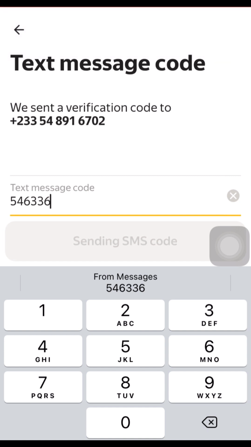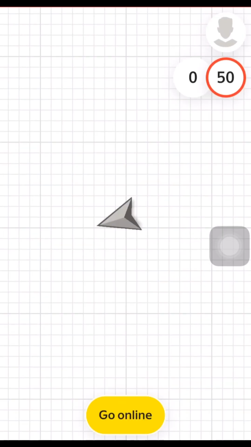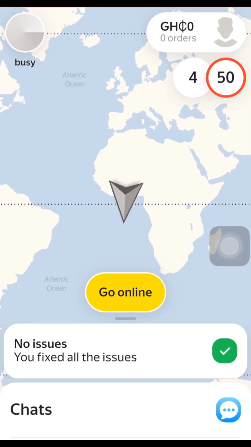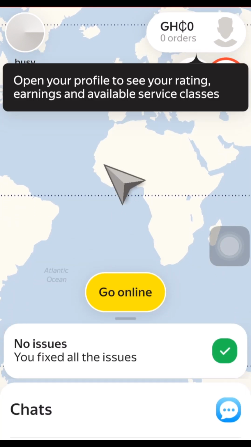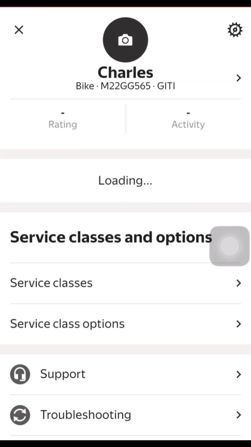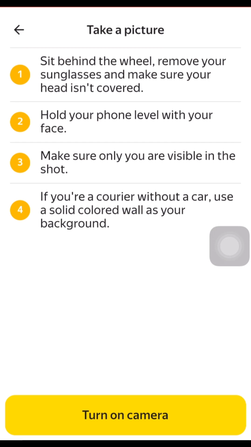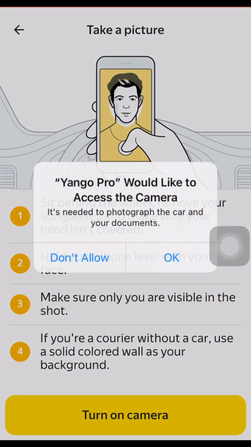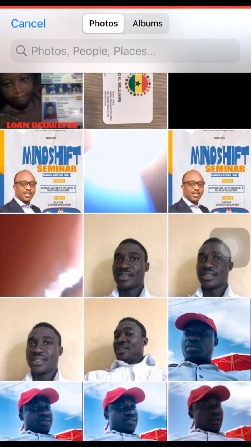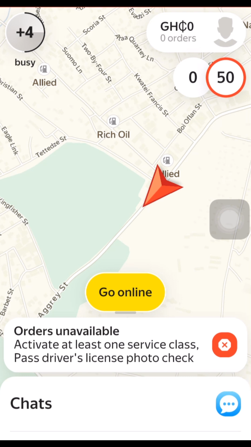Then now you are asked to do some things in your account, or you're asked to upload your profile. So you just click on the camera side, you turn on the camera, you click on got it, okay. Then you select a nice picture of yours, and when you select the picture, the app will upload the picture for you. Then